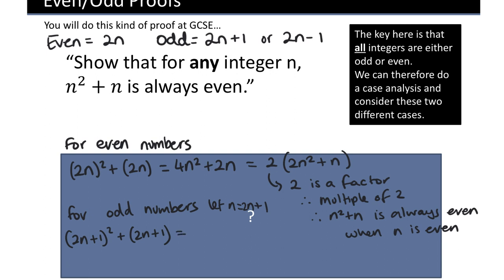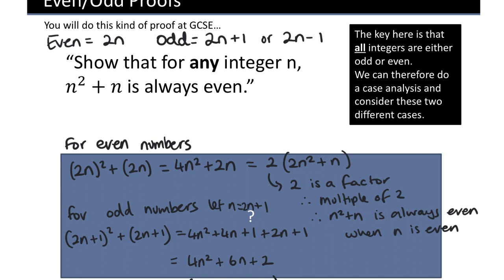So what does this equal? 2n plus 1 squared, 4n squared plus 4n plus 1, plus 2n plus 1. This is going to give me 4n squared plus 6n plus 2. If I can take 2 as a factor, factorise out 2n squared plus 3n plus 1,